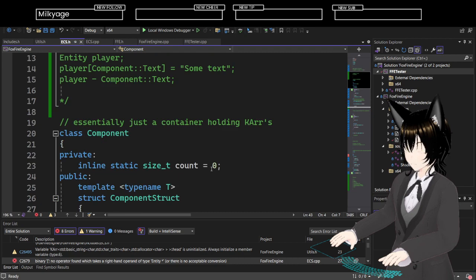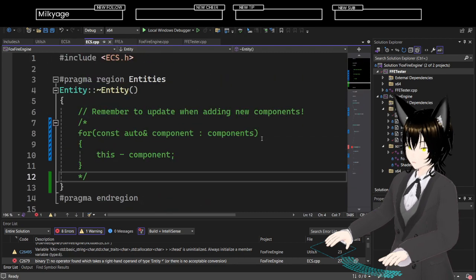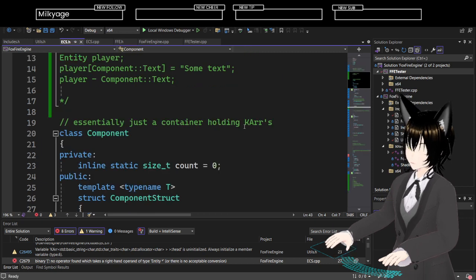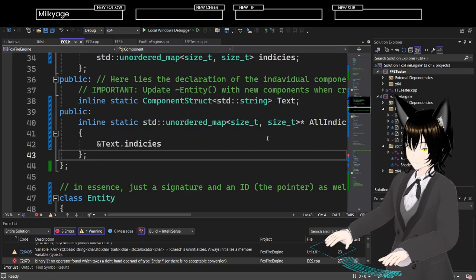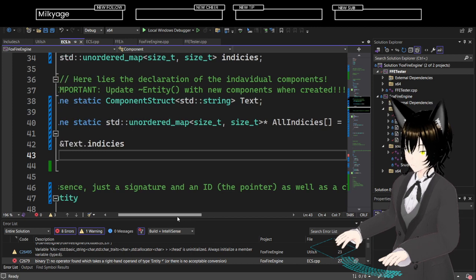Let's see here. So I have these things. So again, I would want, it may be a little bit interesting. So I have this array of unordered map pointers to indices.